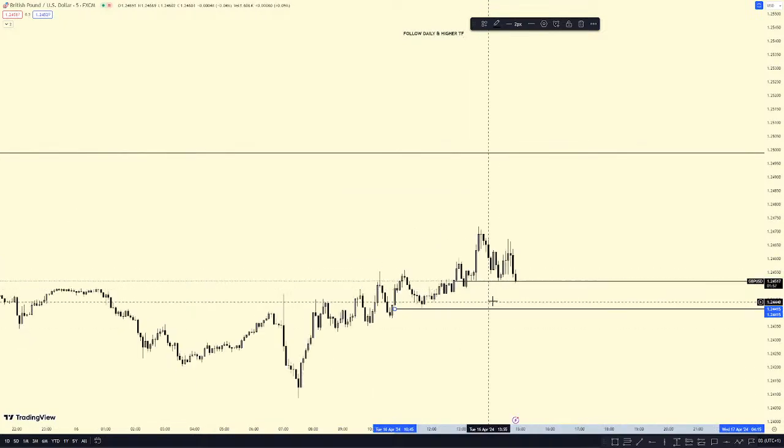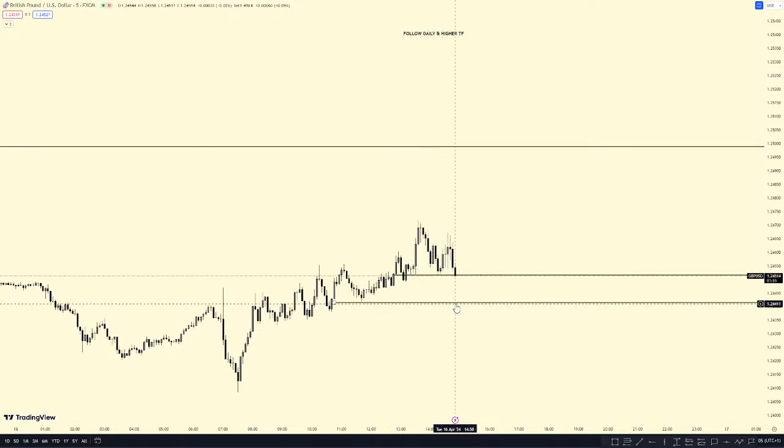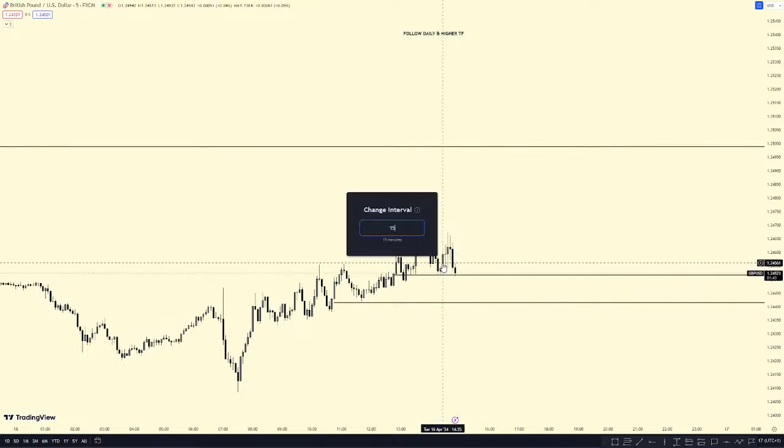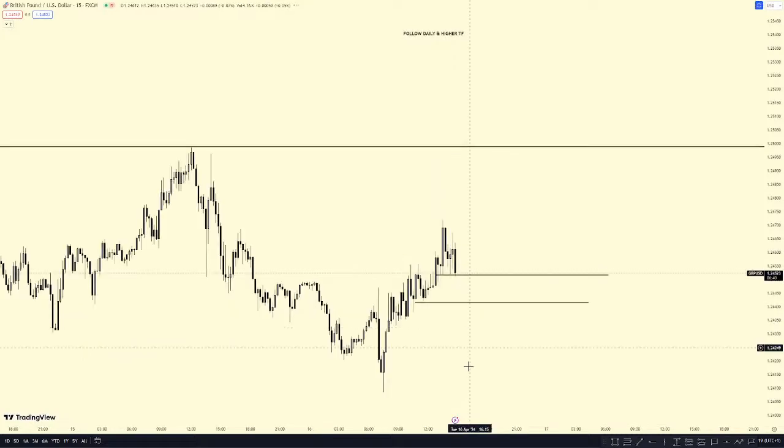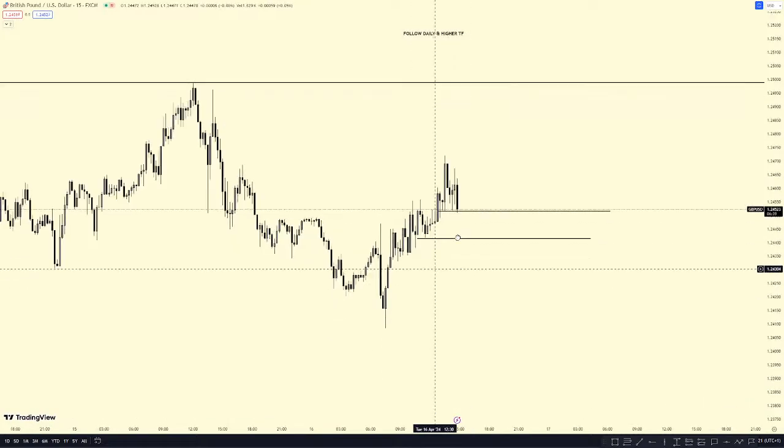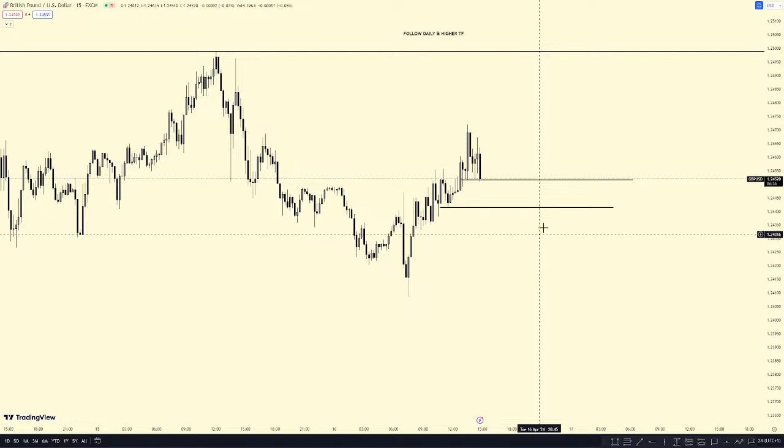So for me, let me try to go to 5 minute time frame right now. Okay, I think I'm more confident if it's gonna come down to break that level. Yeah, I'm going to wait. So you might also join me to wait, or you might place an entry here, depending on the kind of trader that you are. So at the end of the day, what we are hoping is that it's gonna deliver to clear this low. Okay, you see that low there.